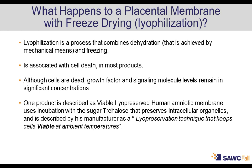Now, how do they do that? They incubate with the sugar. It's called trehalose. That's a very funny molecule. It's only two molecules of glucose joined together, and they get the placenta and they put it into a solution that has trehalose. What happens? Well, trehalose has been shown to preserve cytoplasmic reticulum and mitochondria in very low temperature. Another also very interesting factoid, trehalose was recently discovered in fungi and very small organisms in the Arctic and prevents them from dying over the winter. So that is really a good thing to do, have trehalose in your system if you're going to be in